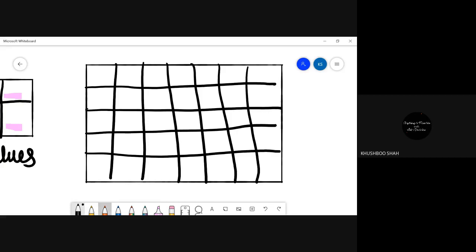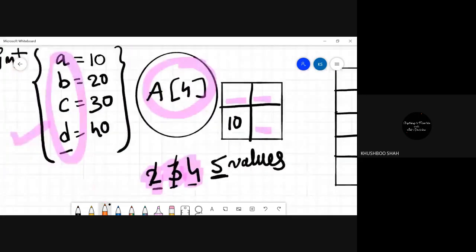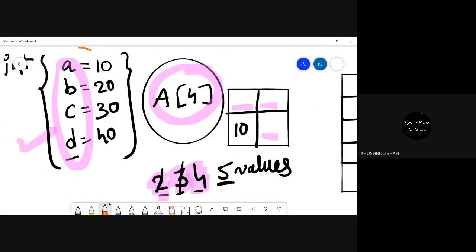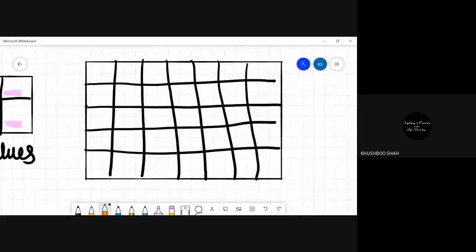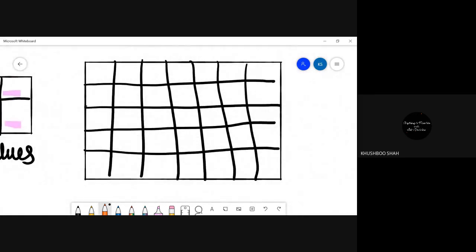So let's say, you have to answer me. If I say that I want to store these A, B, C, D 4 variables in the memory, how can I store, or how the memory will store it? How the system will store this data in the memory? Any idea? Ma'am, it will store where it gets space. Perfect.